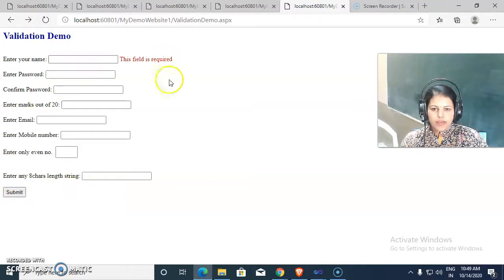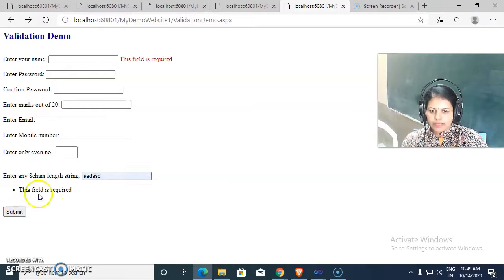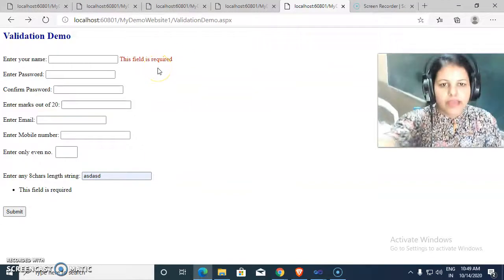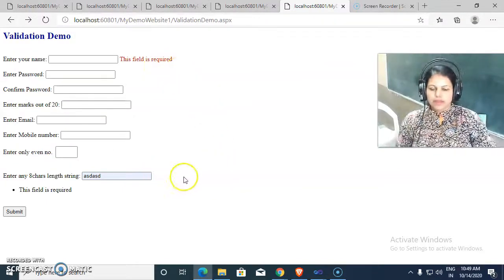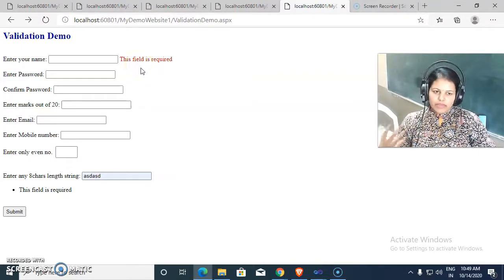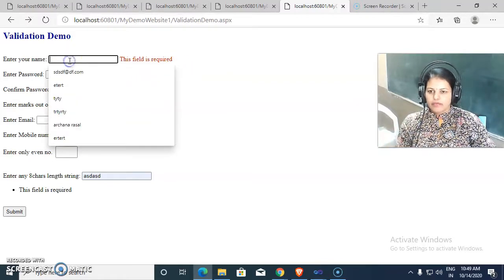This field is required, and if I click on submit, only this message will come and not the character length message, because the client side validation will be done first and then server side validation will be done.